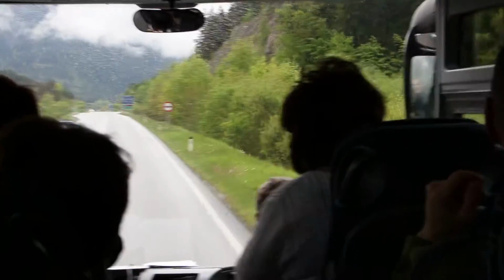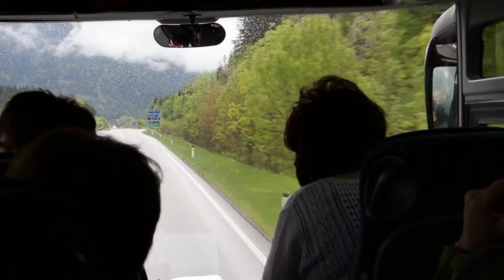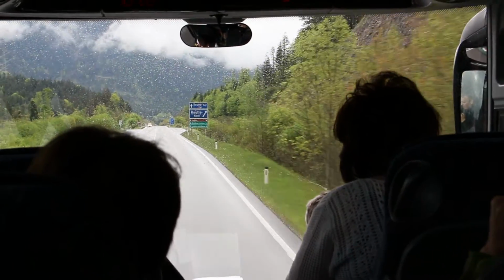Lots of trouble up there. I think so. We're heading through the